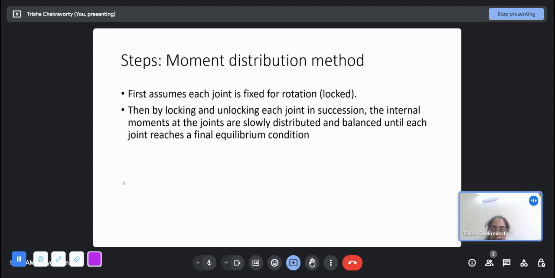This method is actually carried out in the form of a table. It is an iterative kind of thing, a recursion kind of thing, where the moments are balanced. Every time we balance a moment, something else will get unbalanced. Then we keep on crossing the moments, and at one point we will reach a balanced final equilibrium condition,